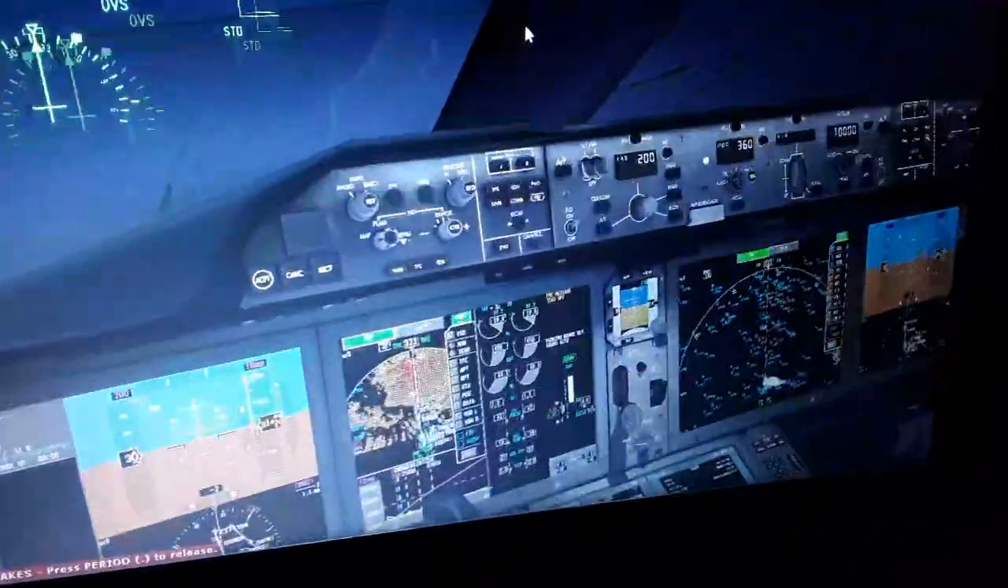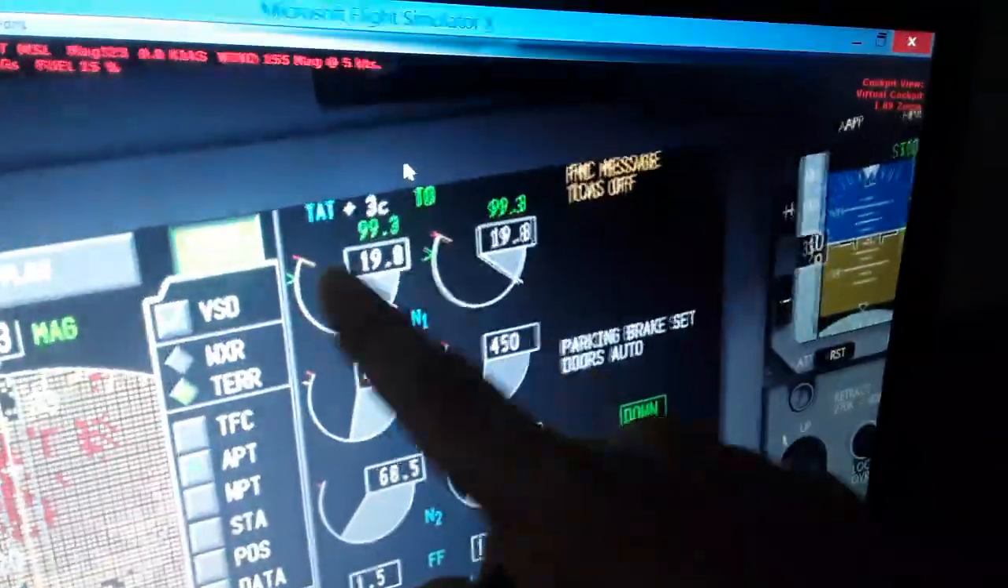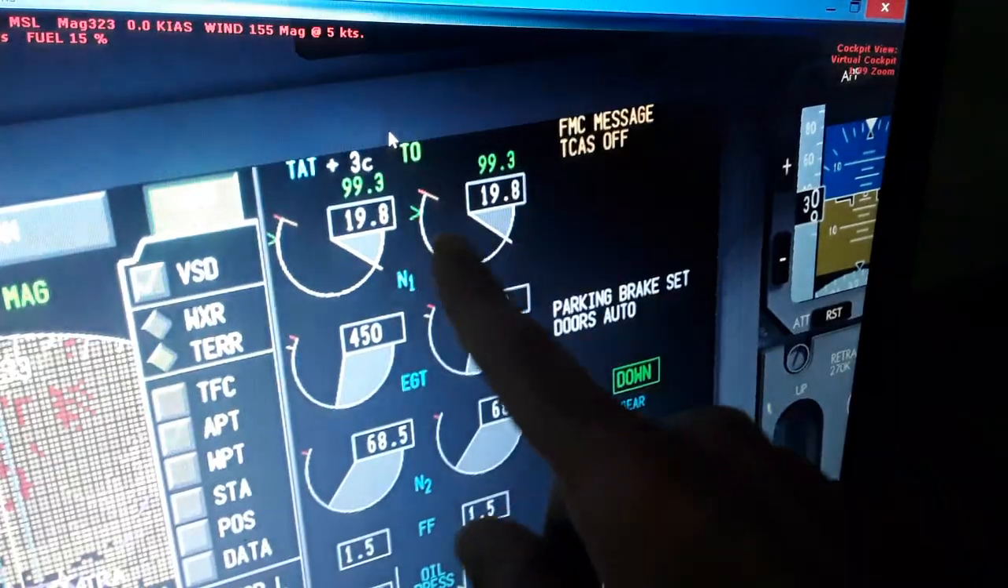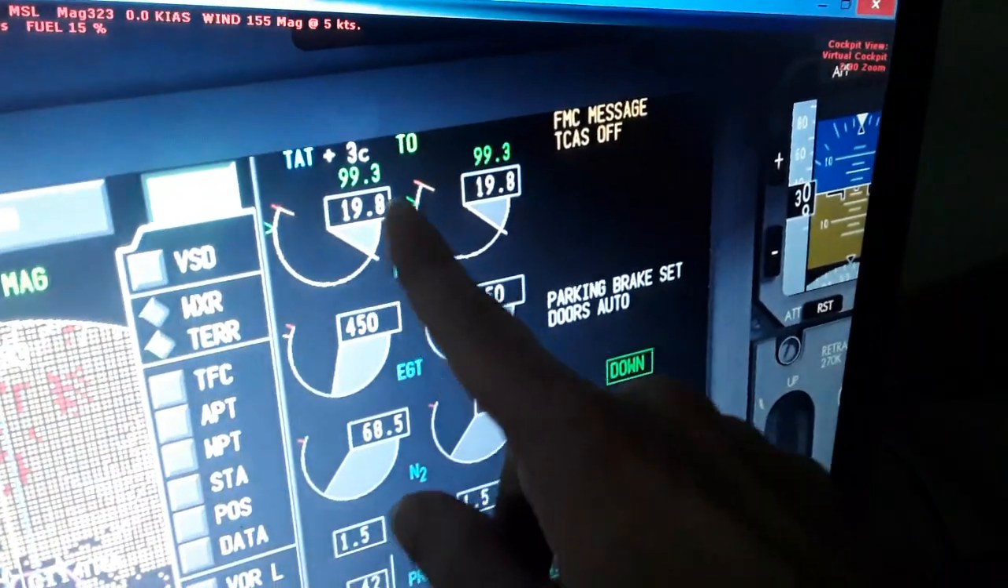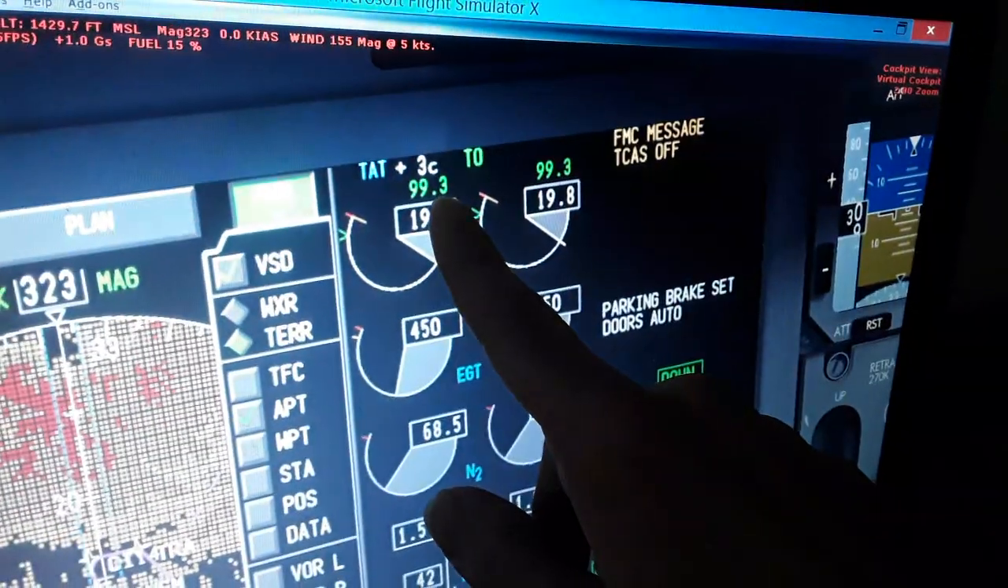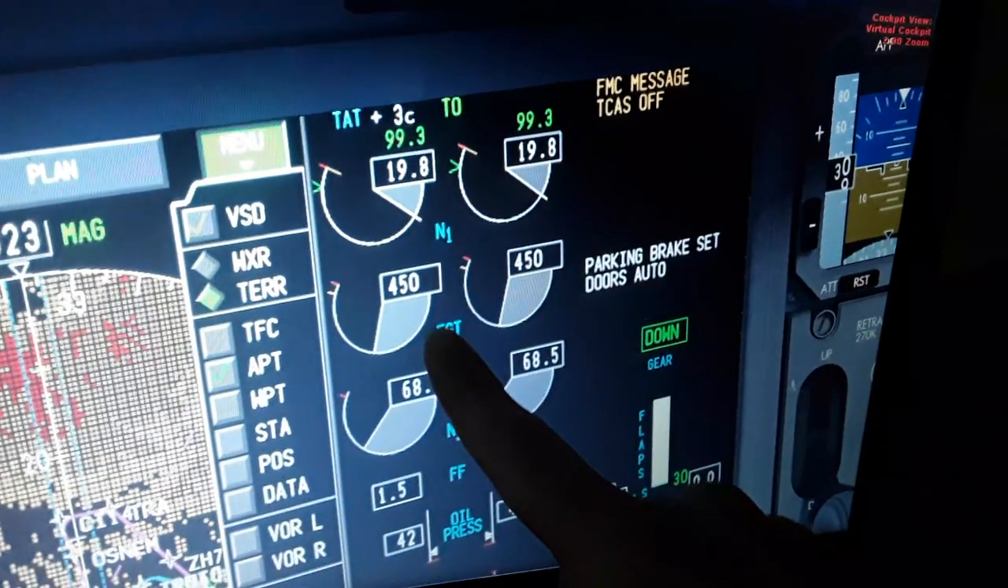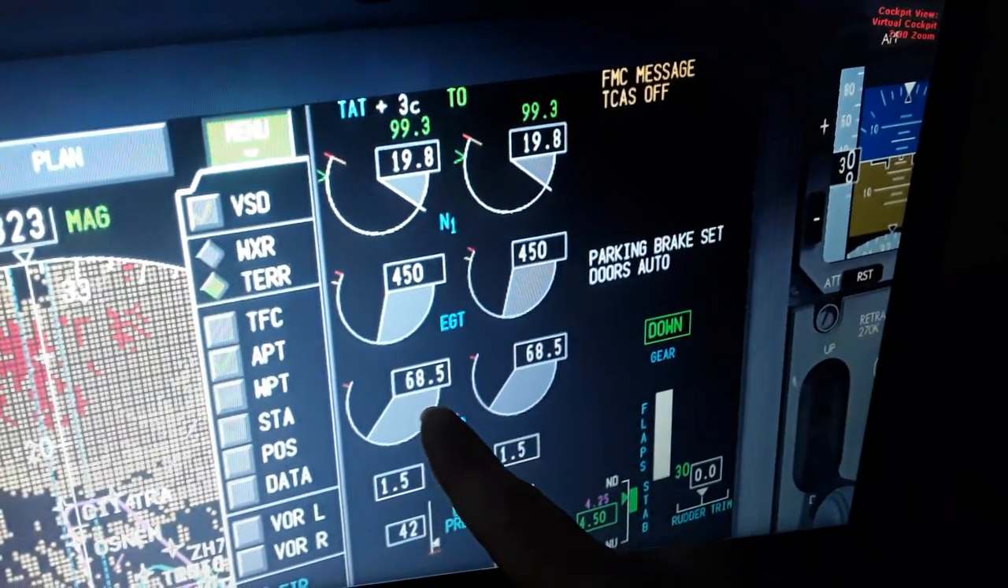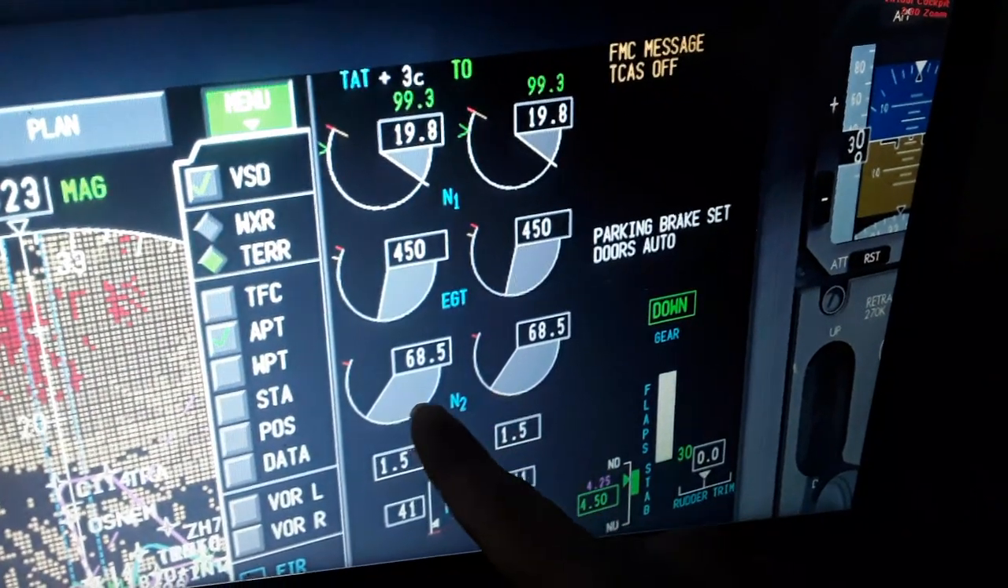So I'm gonna show you now how we're gonna start the engine. So I'm gonna make an engine start demonstration. So you can see the engine is displayed here. We have the N1, which is low speed starter, sub low pressure compressor, and turbine turbo fan, which is engine the left and right. 19.8 maximum takeoff, 99.3 green, red, yellow limits, exhaust gas temperature 450 Celsius, and